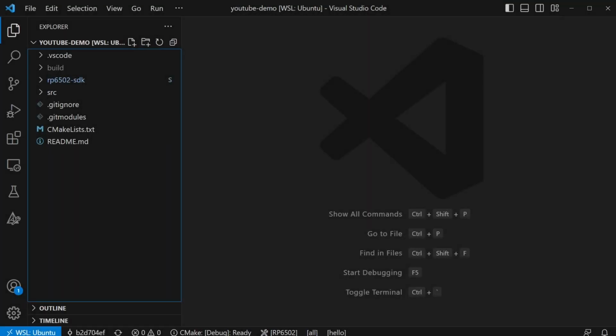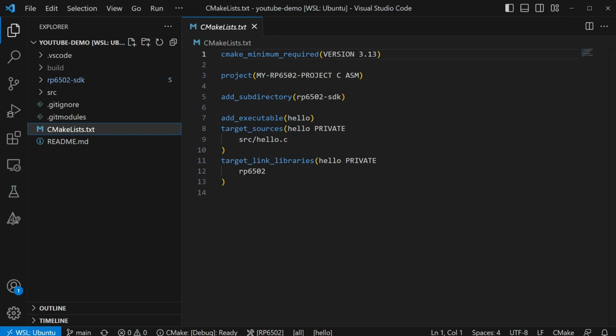Now let's go exploring. Things are pretty simple in the root folder. The Git files and README hopefully don't need explaining. The CMake file might be new to some, so let's look inside. CMake complains if this first line is not there, so I put in a version that's 5 years old.